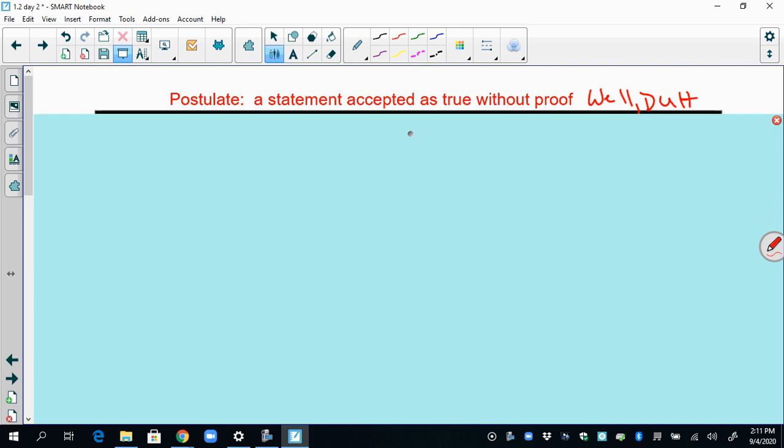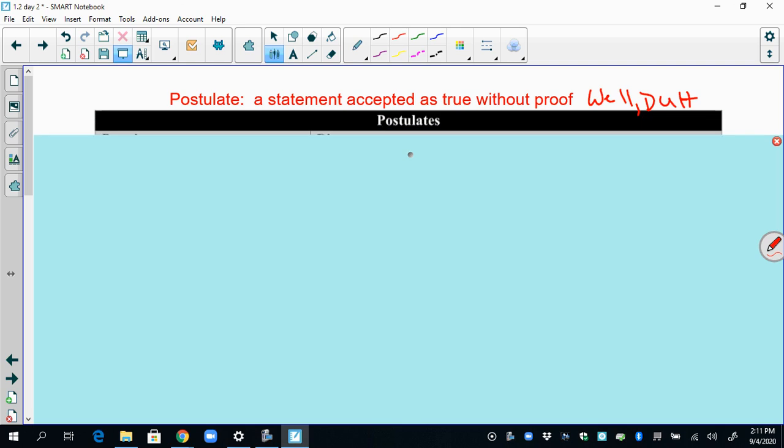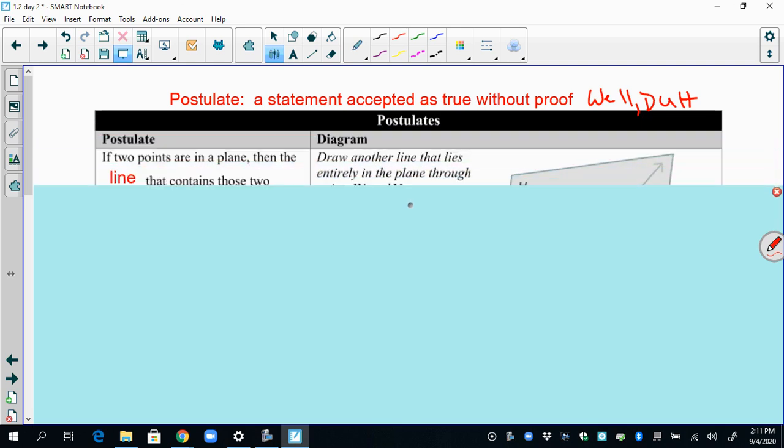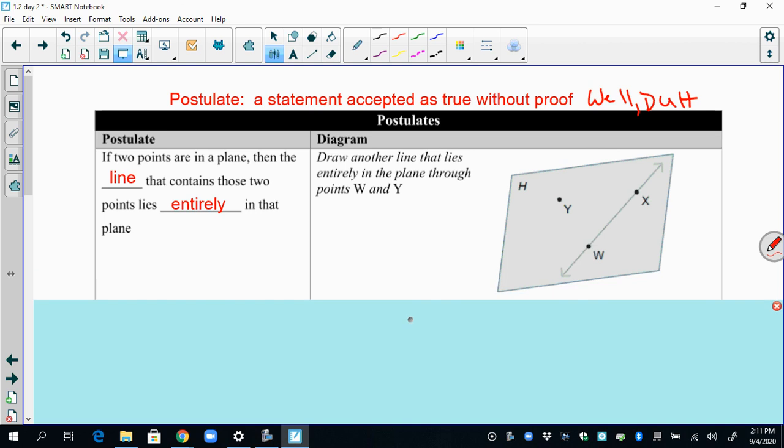It's just like, well, okay, that makes sense. You don't really have to prove anything. So here are some basic postulates in geometry. The first one is, if two points are in a plane, then the line that contains those 2 points lies